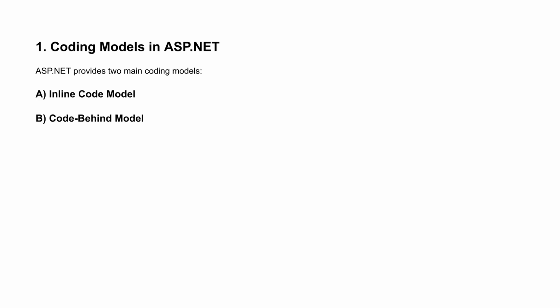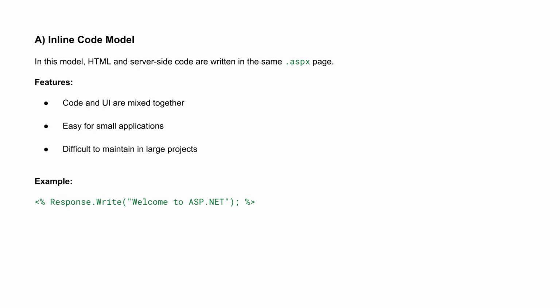1. Coding models in ASP.NET. ASP.NET provides two main coding models. A. Inline code model. B. Code behind model. A. Inline code model. In this model, HTML and server-side code are written in the same ASPX page. Features: code and UI are mixed together. Easy for small applications. Difficult to maintain in large projects. Example: <% Response.Write("Welcome to ASP.NET") %>